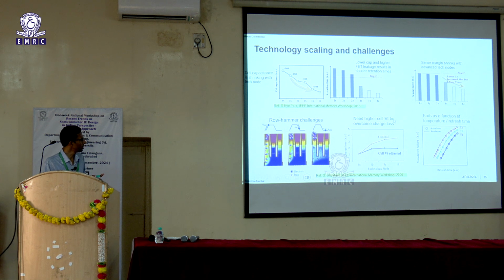So one way that you can address that is by having a higher VT so that you don't tend to lose charge. But the moment you have higher VT, you will start hitting your speed. The performance is a challenge. So there's a trade-off there.